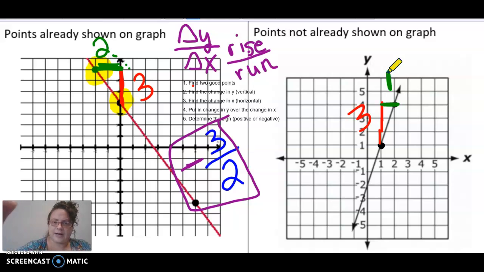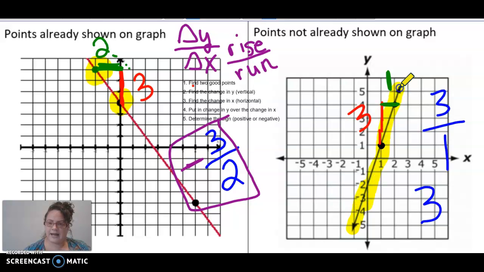All right, so now I'm ready for step 4. Put the change in y over the change in x. So 3 over 1, which simplifies to just 3. Now look at the sign. Is it positive or negative? Well, going from left to right, because we read from left to right, if I go left to the right, I'm traveling up. So that means it'll be positive. So it's a positive